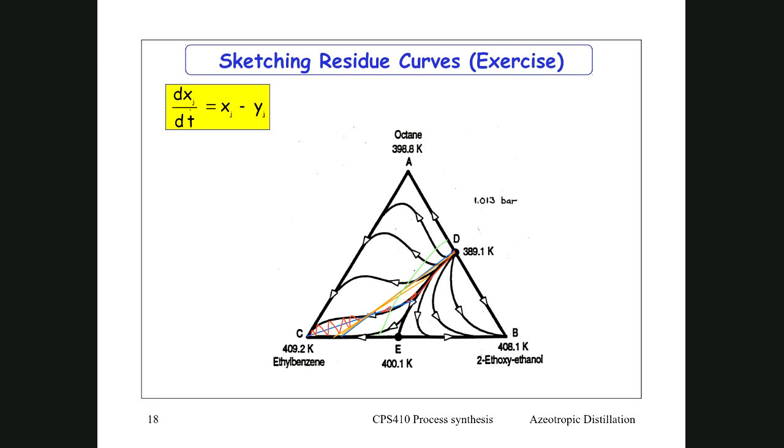Because you know that we're starting at one point, and to determine the feed, I would have to know one point and the other point, the compositions of the top and the bottom, and then you can draw the straight line, but then you don't know where on the feed it lies. So the only way you'll know where on this line it lies is with the actual flow rates. And then if D has got a flow rate proportional to this length,